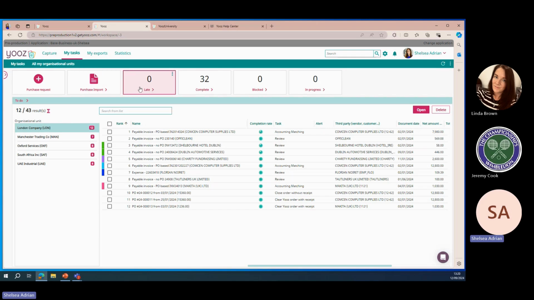I can track late documents and blocked documents, setting up rules. I also have an in-progress section to track where my documents are at each step, and I have my completed section. This is my favorite section because when the